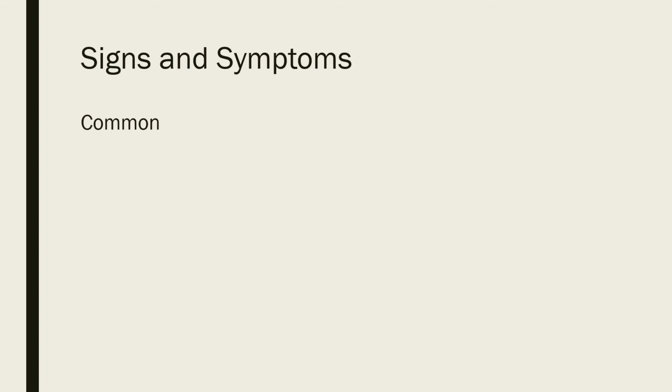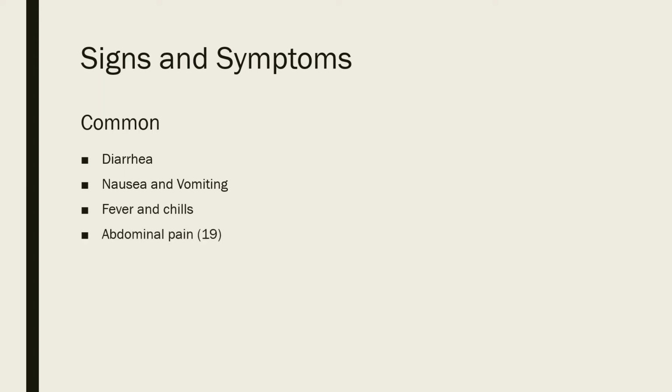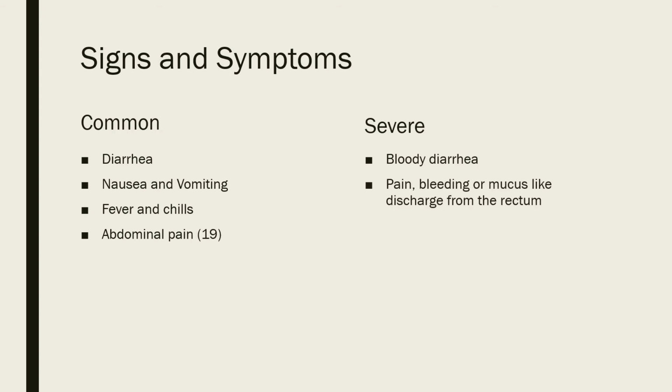Some signs and symptoms of enterocolitis and colitis are diarrhea, nausea and vomiting, fever and chills, and abdominal pain. Some severe signs and symptoms would be bloody diarrhea, pain, bleeding, or mucus-like discharge from the rectum, or symptoms similar of hemolytic uremic syndrome. So these symptoms would be swelling of the extremities, a high blood pressure, and either confusion